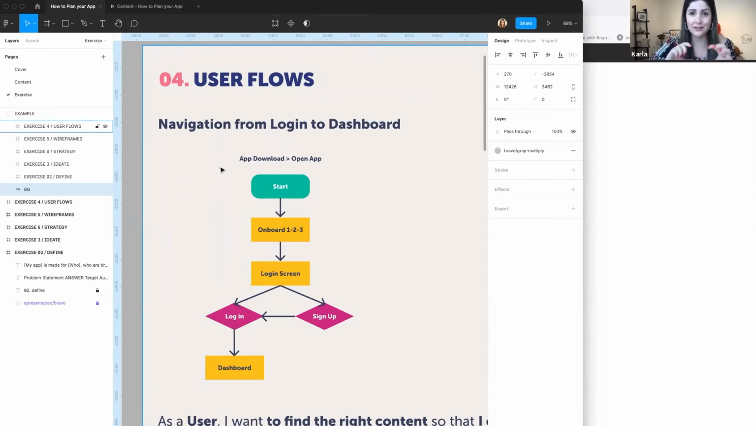I added another screen. I could add three screens, but I just added one that says onboard 1, 2, 3. So I think I could add three screens there to show what my app will do for you. So I would put something like, oh yeah, copy and paste, copyright and change it to your needs. I could add